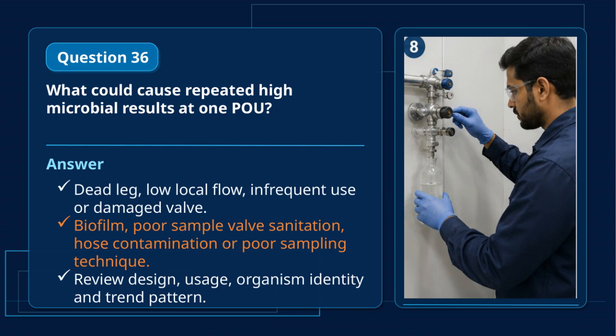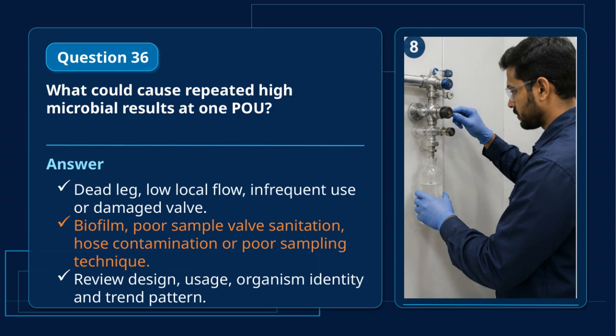Poor sanitation of the sample valve or contamination from hoses during sampling can also lead to misleading high microbial readings. To address these issues, it's important to review the system's design and how it's being used. Identifying the specific organisms involved and analyzing their trend patterns can guide corrective actions. Essentially, understanding both the physical setup and the sampling methods will help pinpoint the root cause and reduce those repeated